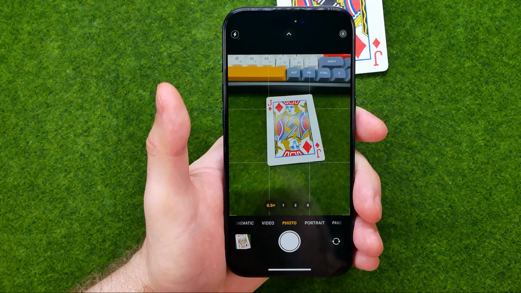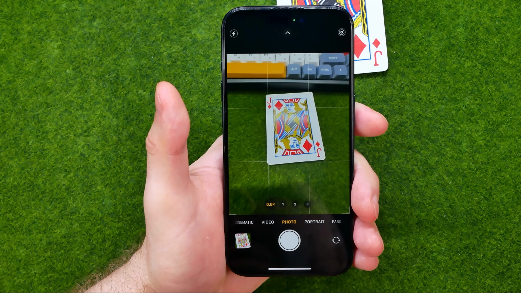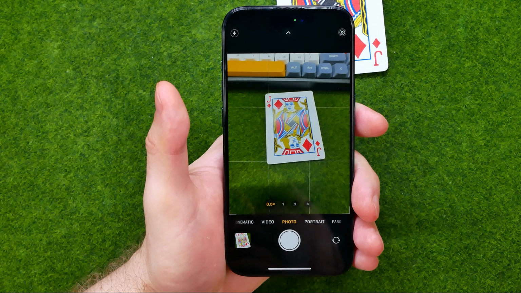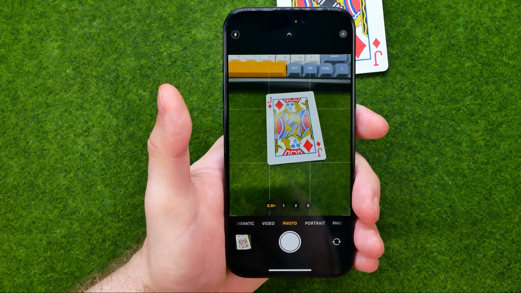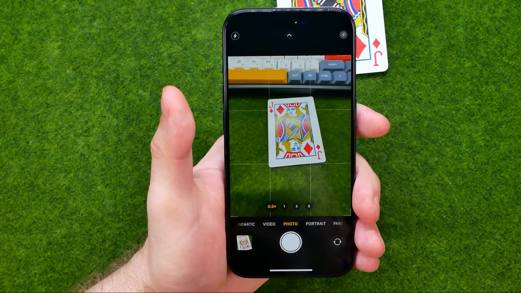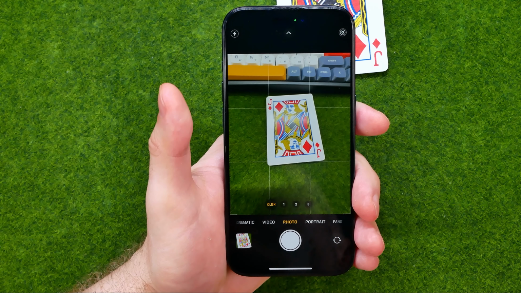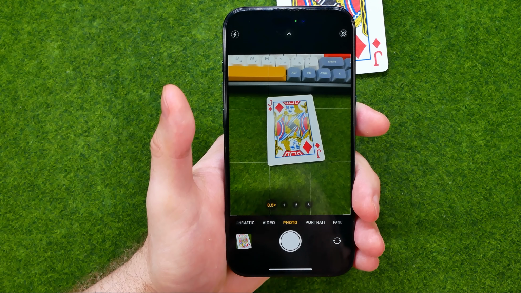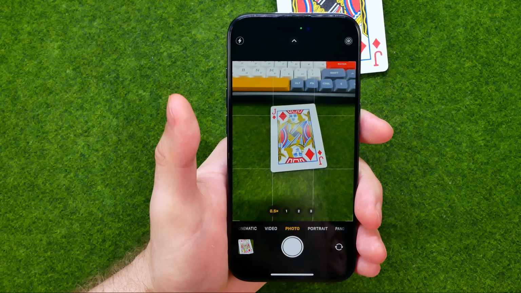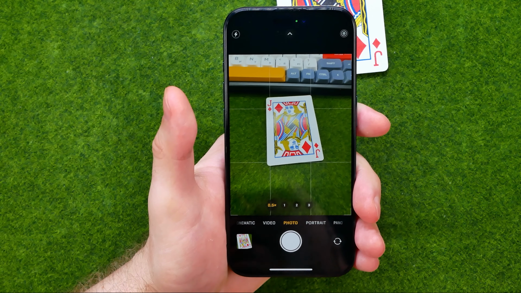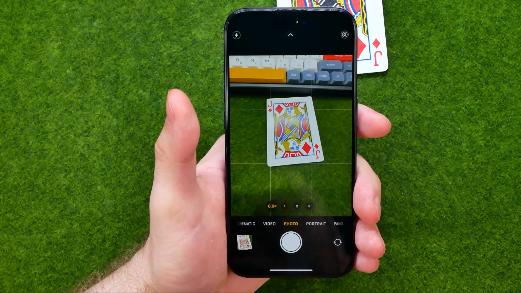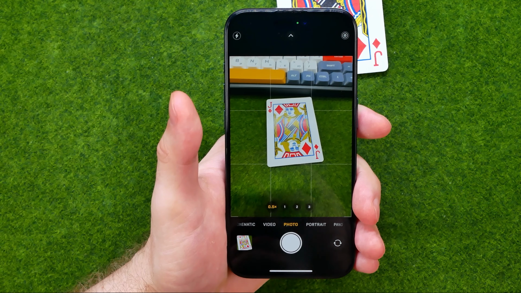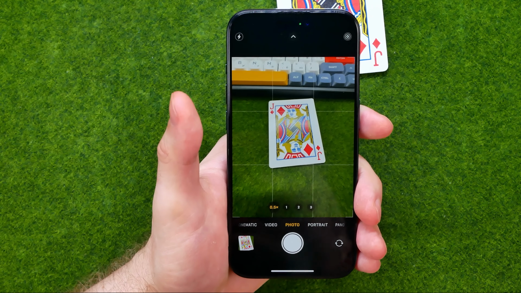In this video, I'm going to show you how you can easily preserve the last live photo setting on your iPhone's camera. Be sure to watch the video to the very end so you don't make any mistakes. Let's get started, guys, and first off, let me show you how we can change live photo setting on a